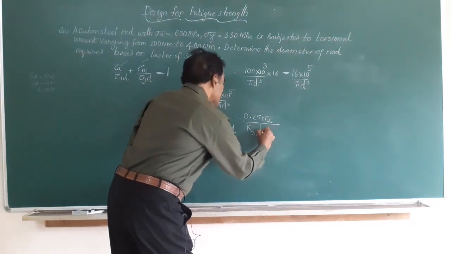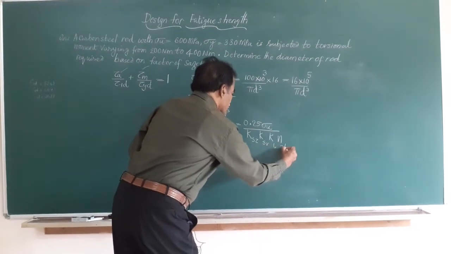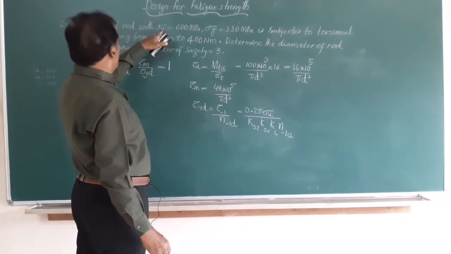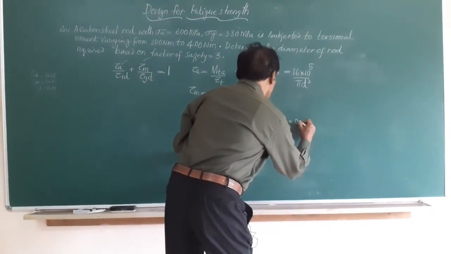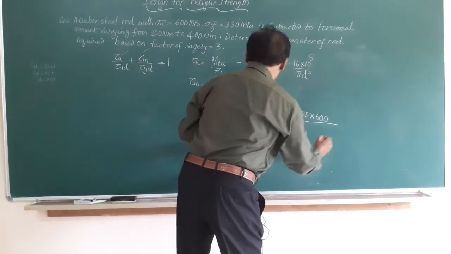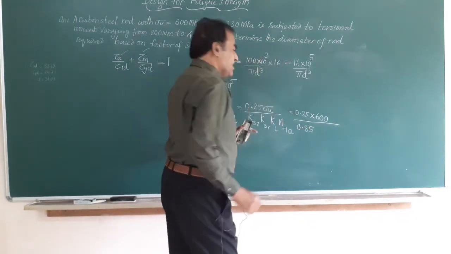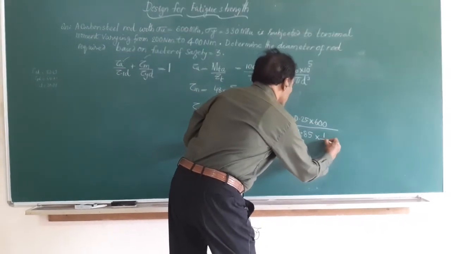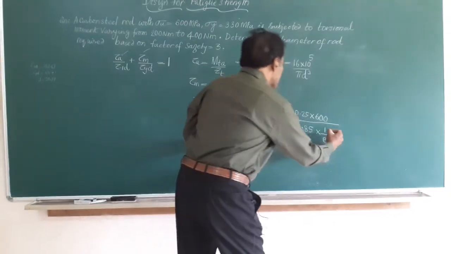n_-1d is given by the formula K_sz, K_sr, K_l divided by n_-1a. So, what are these values? You will find out. Friends, the value of sigma_u of the material of the rod is given to be 600. So, I will write it as 0.25 times 600 divided by n_-1d. K_sz is the size correction factor, this is 0.85, and K_sr is the surface correction factor, given by 1 by K_sr, where K_sr is the surface coefficient. K_l is the load factor.